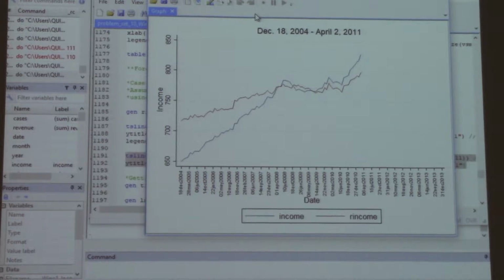Now, if we have price, that's pretty easy because the firm can control price, right? So if you're going to say, look, I'm going to keep prices the same, then we don't have to forecast what's going to happen to prices in the future. We can just say we're going to keep prices the same as we always have, and we can just throw those values into our data set. But for income, we don't know what's going to happen in the future. We could do